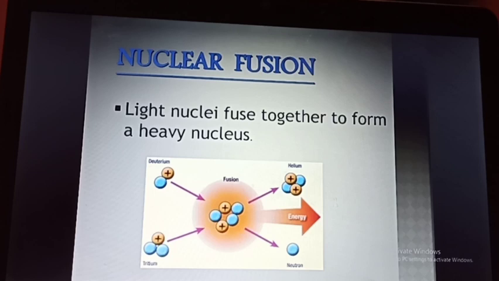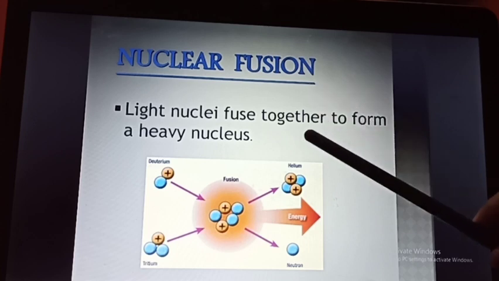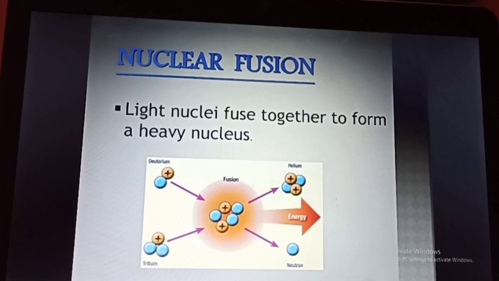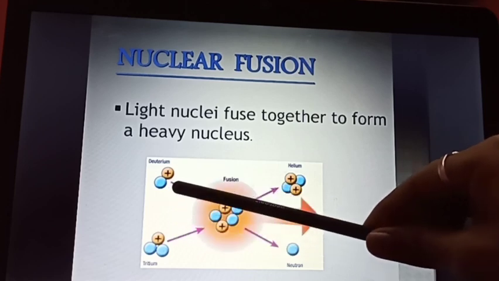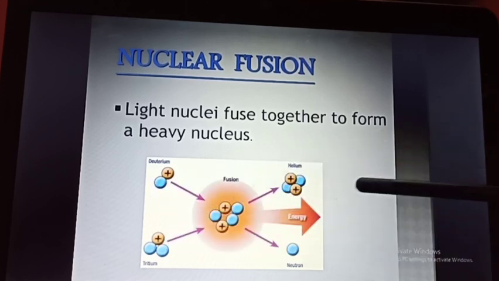And the energy released during this type of reaction is very high as compared to nuclear fission. Okay, and nowadays we are hearing about a type of bomb, the hydrogen bomb, and the concept of that hydrogen bomb is a combination of nuclear fission and nuclear fusion. This hydrogen bomb works because of the isotopes of hydrogen, that is deuterium and tritium, and a huge amount of energy is released. Millions of degrees Celsius are needed to carry out these types of reaction.